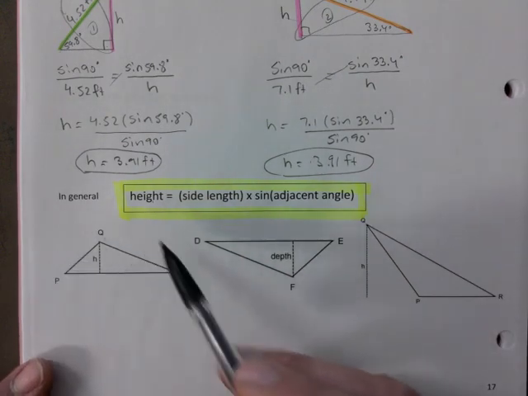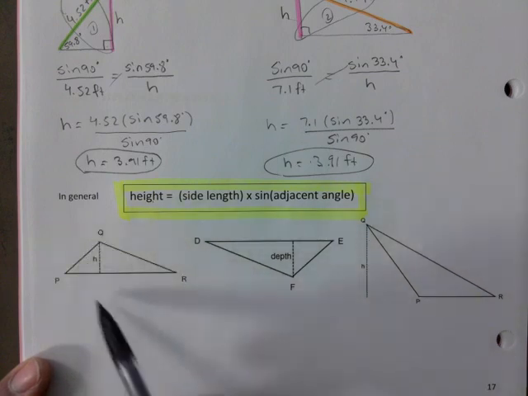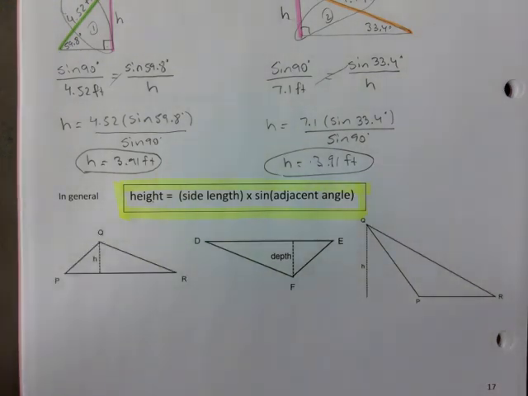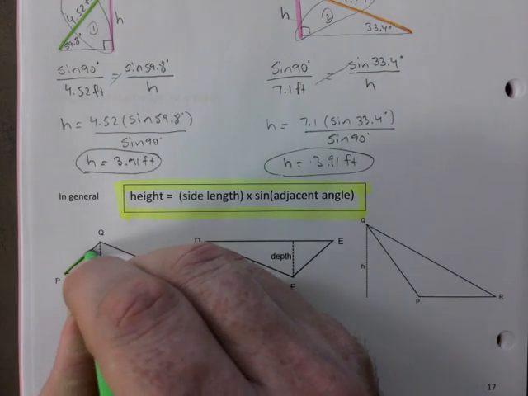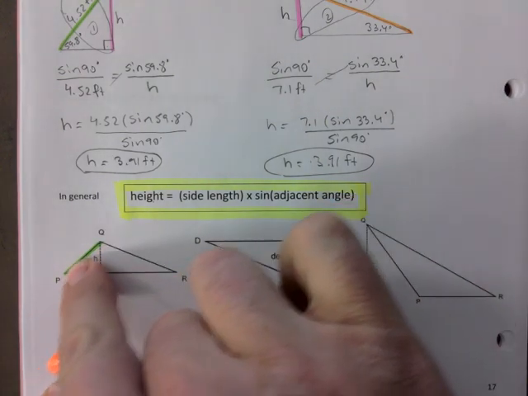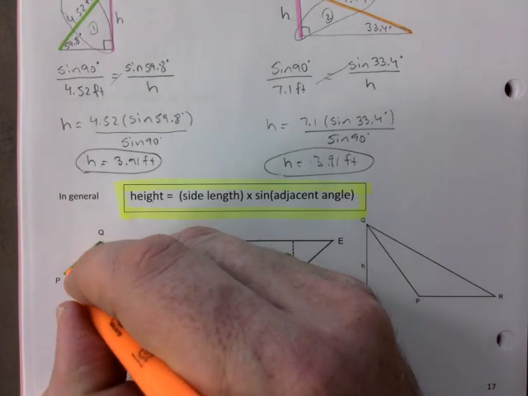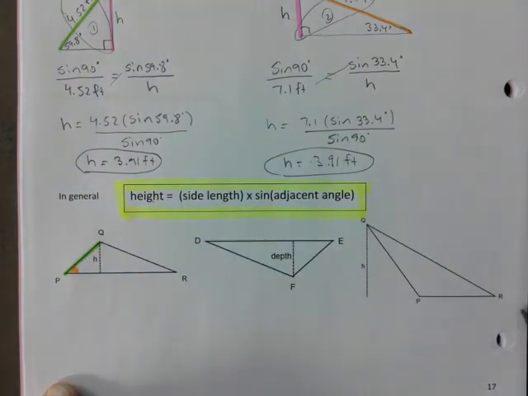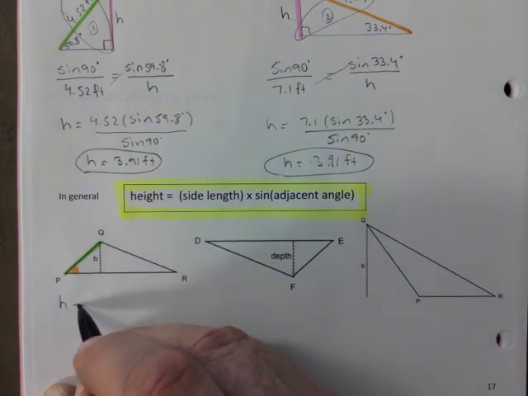So for example, in this case here, if you look at this triangle, I'm going to just highlight that in green like that, and maybe orange for the angle. Adjacent means touching, right? I don't know if you remember that. Adjacent means it's touching it. So if this is the slant height you're thinking of, then it's that angle right there that you want to use. So this particular triangle, if you wanted to use the height, all you have to do is